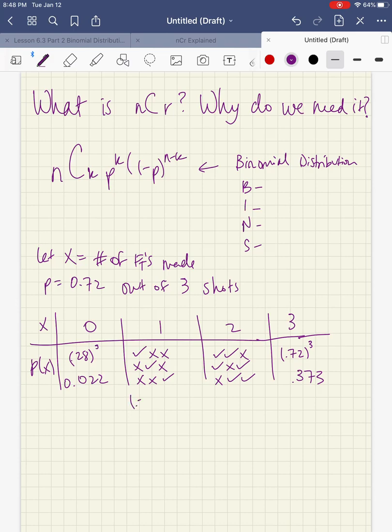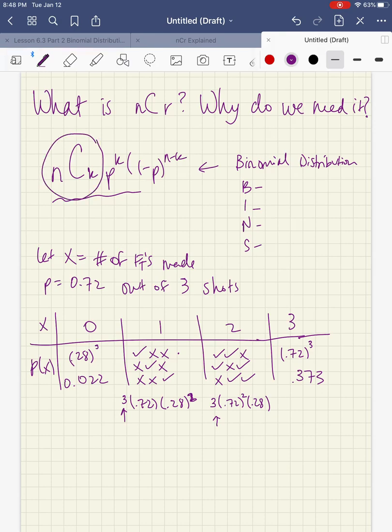So the probability that you make 1 but miss the last 2, okay, that should be a squared, not a 3, okay, squared. That's the probability of this guy happening. But we have to factor in all 3 combinations. So that's why we multiply by 3 here, because there are 3 ways for this to happen. Same thing over here. There are 3 ways for them to make only 2 shots. They can make the first 2, so 0.72 squared times 0.28, okay? So this number right here is where this guy